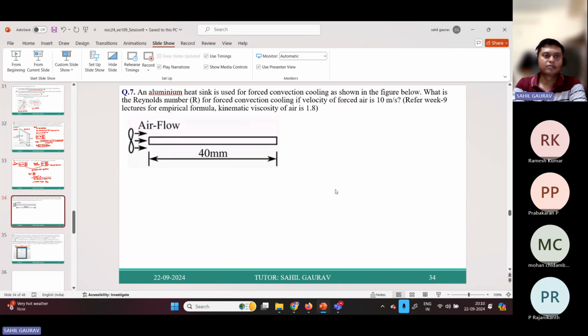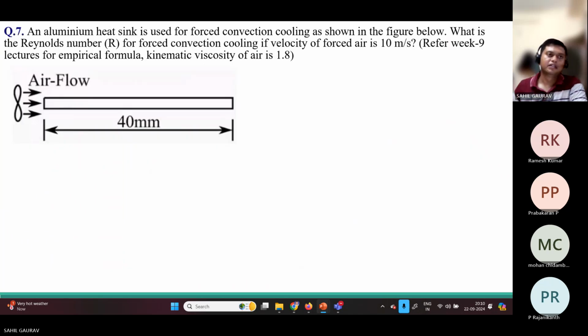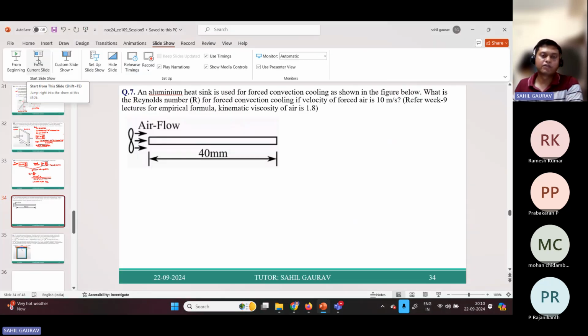Now coming to the next problem. Problem number 7. An aluminum heat sink is used for forced convection cooling as shown in the figure below. What is the Reynolds number for forced convection cooling if the velocity of forced air is 10 meter per second? Refer to Big 9 lectures for the empirical formula. Kinematic viscosity of air is 1.8